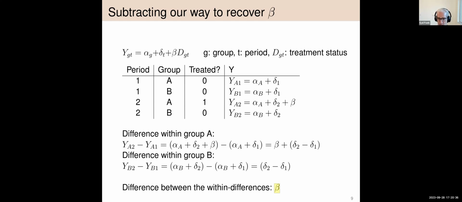Obviously, on the slide, this works beautifully because we really simplify things, but in reality, there are going to be a lot of other things, so at best we can think about this as an approximation. So we don't really think that we're going to be able to recover the exact parameter of interest using this method, but we can at least get an estimate that maybe approximates something close to this beta of interest. And what I'm going to do in the next few minutes is show you a few examples where we can apply this logic and thinking with real data,